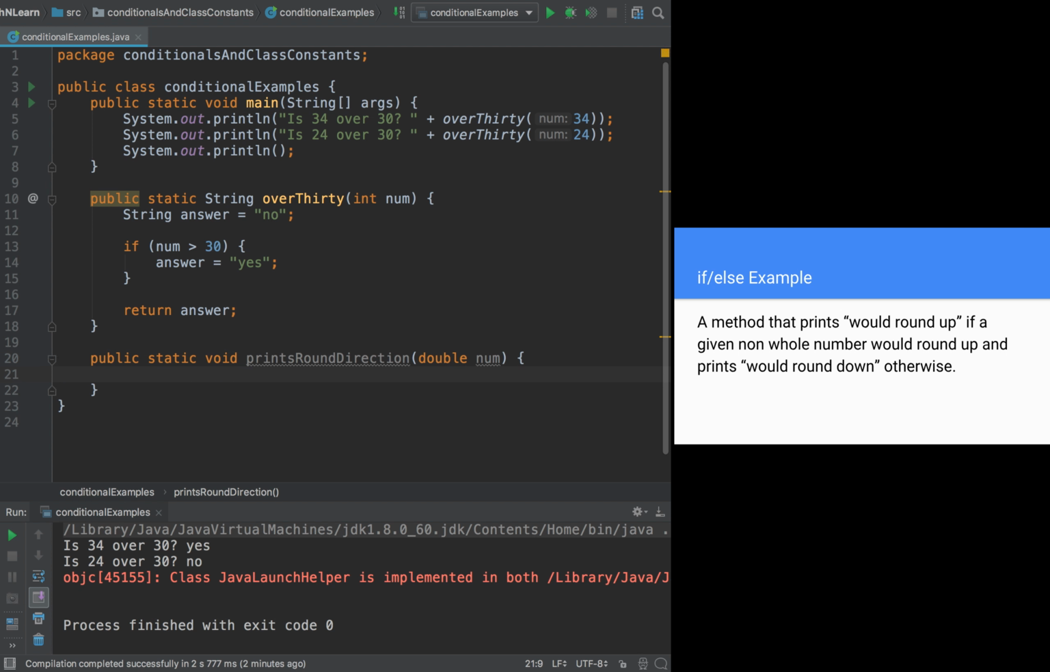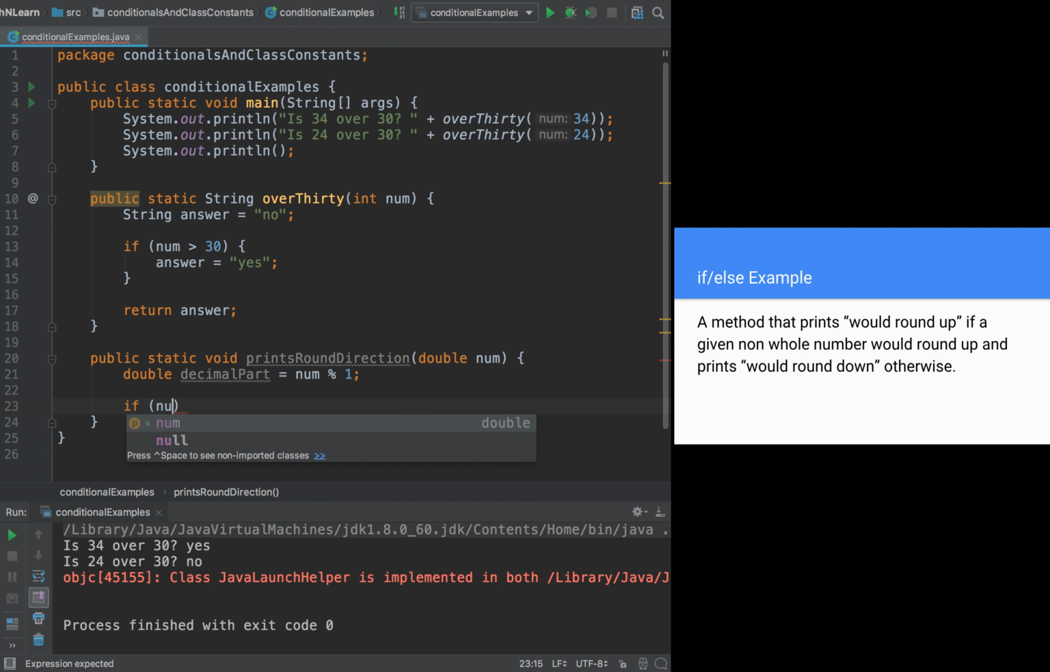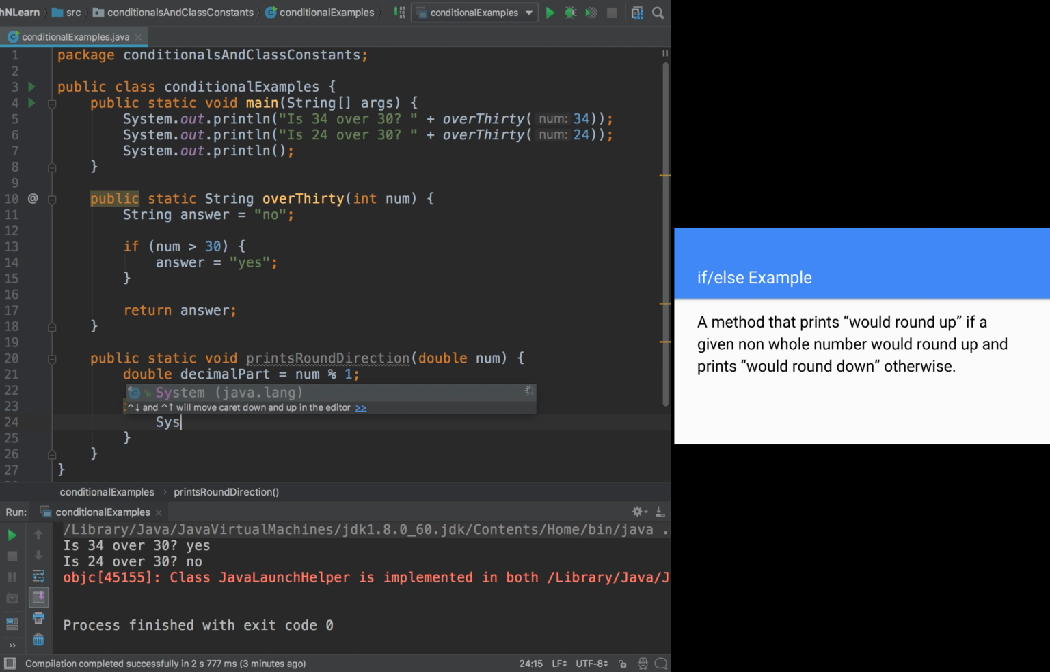Okay, so I want just the decimal part, so I'm going to create double decimalPart equals num mod 1, right? Because modding by 1 will give me the remainder after I've divided by 1, and that'll give me just the decimal part of the number. So I'm going to say if num is greater than or equal to 0.5, and actually I want if decimalPart is greater than or equal to 0.5, then I want to print out